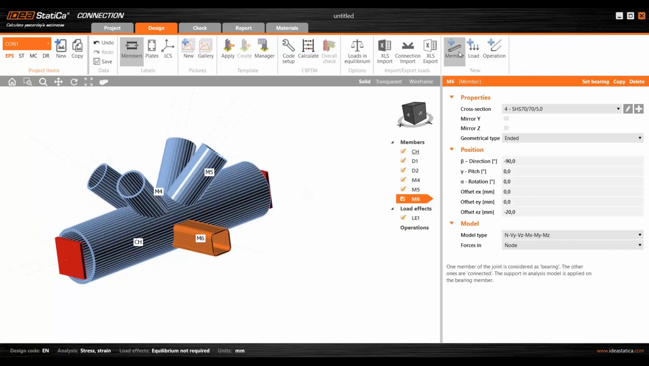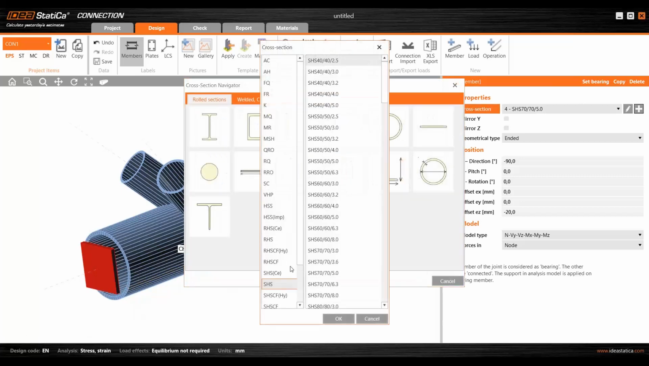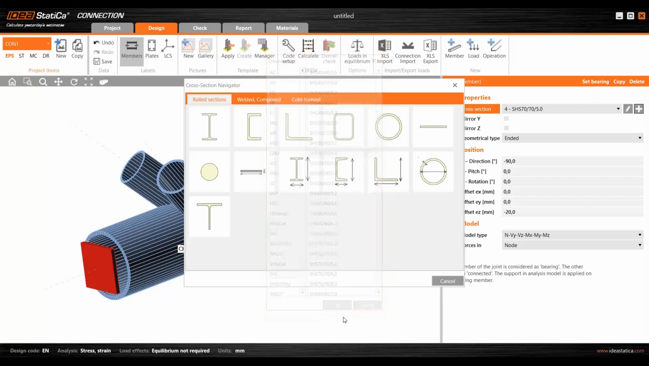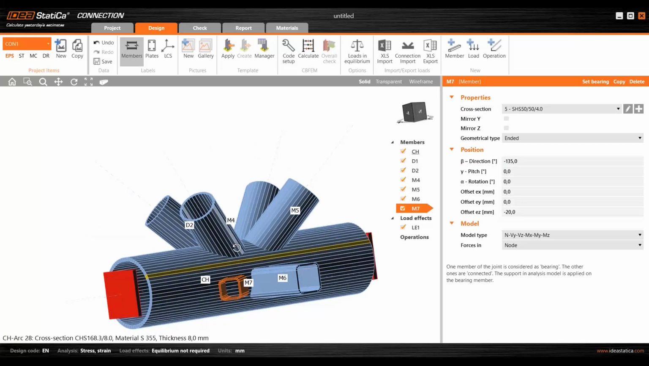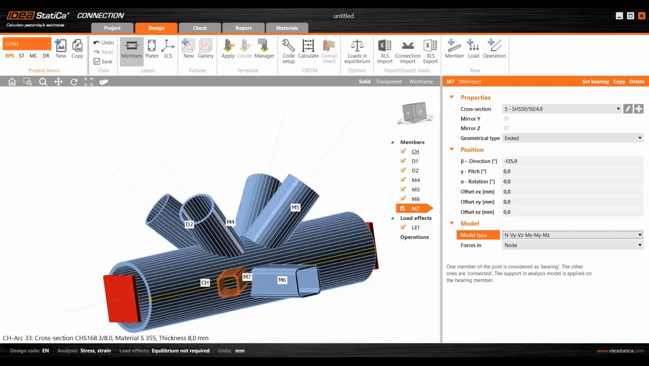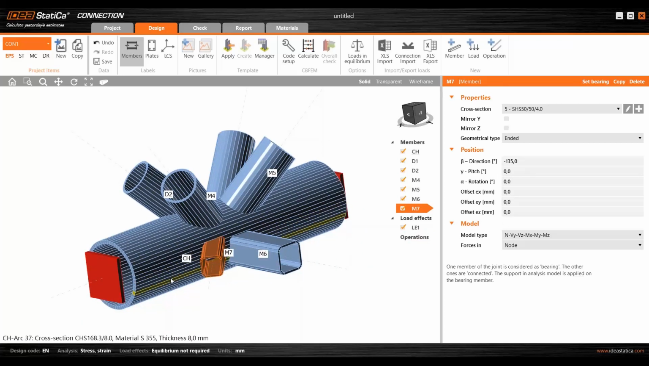Okay, another member, and then I will add another one, and those will be the SHS diagonals. So again, I will pick another cross section, smaller one, 50 by 50 by 4. And again, I'll just assign the angle to this one, and I'll move this one upwards again. Okay, and one more important thing, because this is going to be tension only diagonal, connected just with one bolt